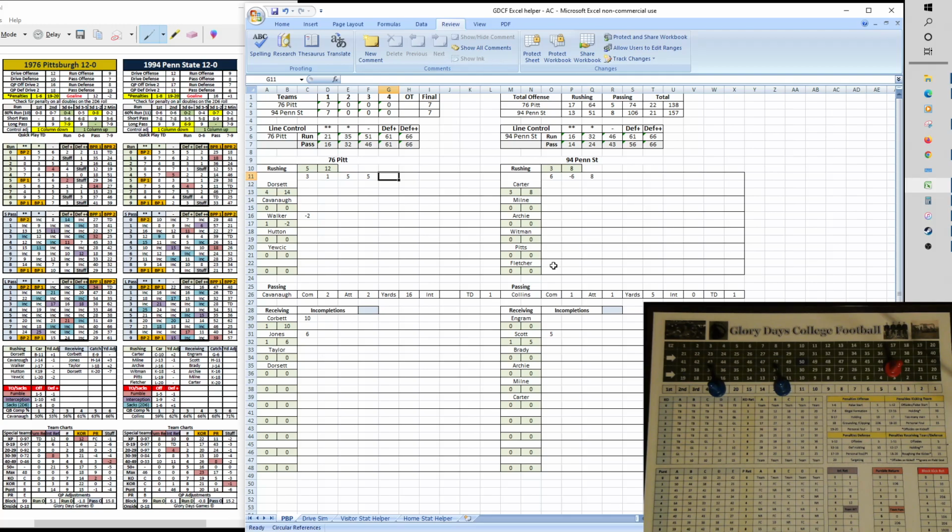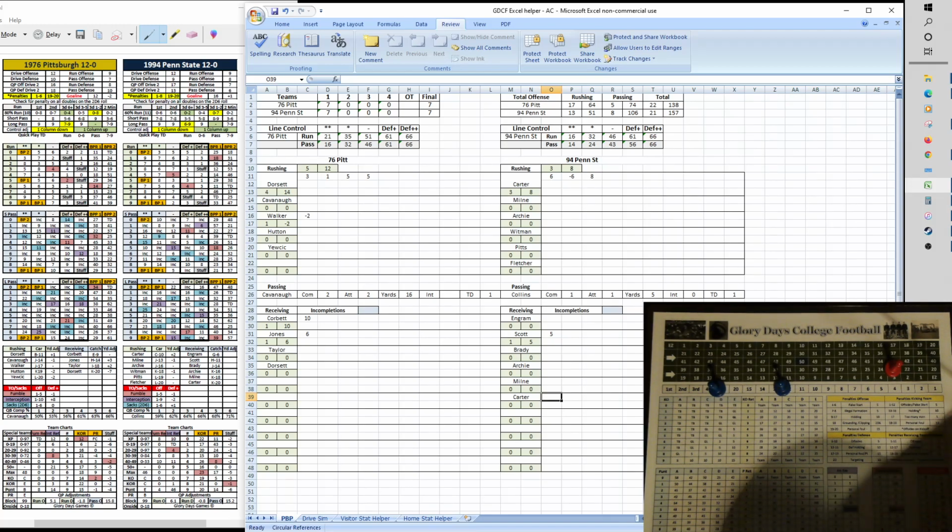Actually, Collins had so few touches running the ball, he's not even on the chart. So we'll just put that down here. How's that? And add that as team rushing. I just need to remember to transmit. I'm not going to do that. All right, forget that. Anyway, as I ramble to myself, this is going to be a 40-yard field goal attempt,